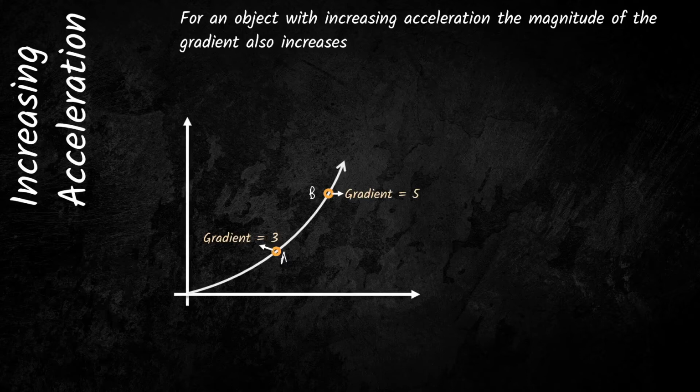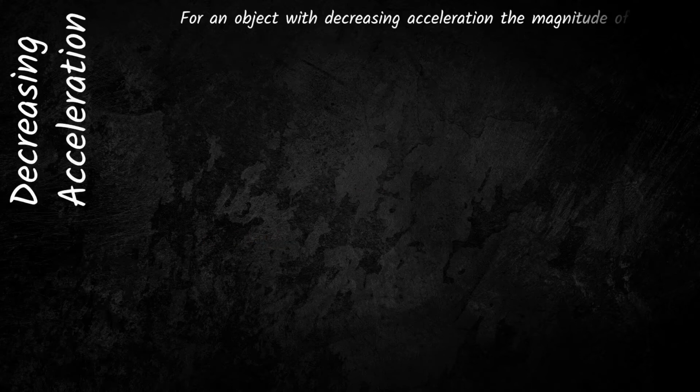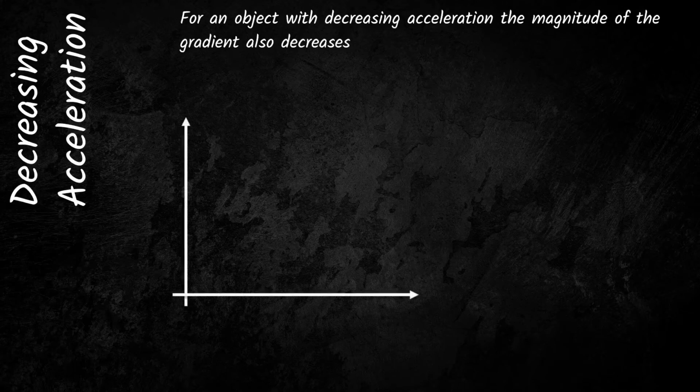It's obvious that B would be accelerating much harder than A. Why? Because it has a greater gradient. For an object with decreasing acceleration, acceleration is the gradient of the graph, hence decreasing acceleration means decreasing gradient. So your graph is going to look something like this. It's going to be a curve downwards, where you have point A, so let's name this A right here, and you have point B, let's name this B right here. As we can see, the gradient of A is larger than the gradient of B,